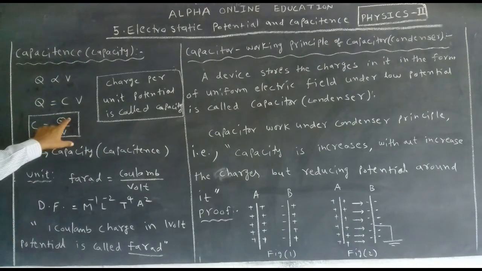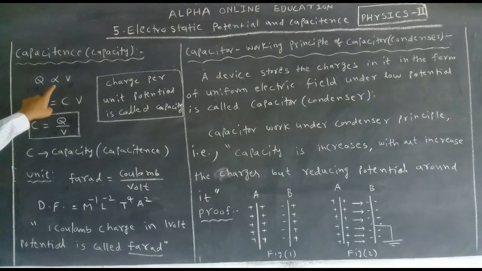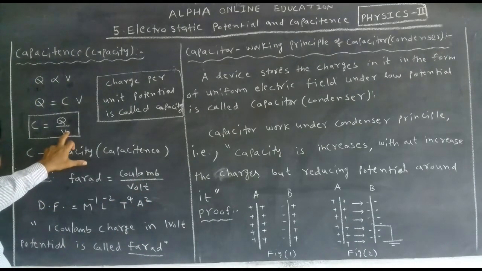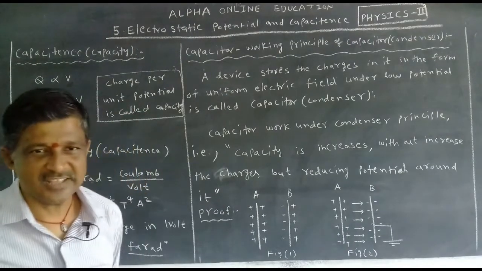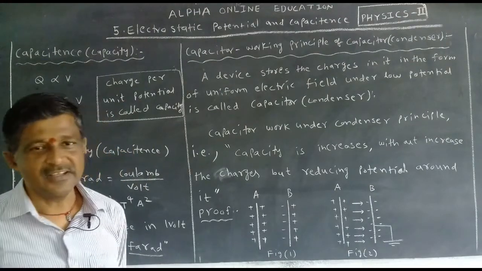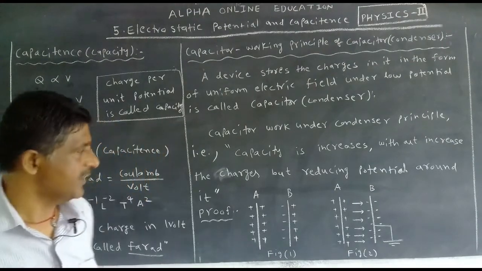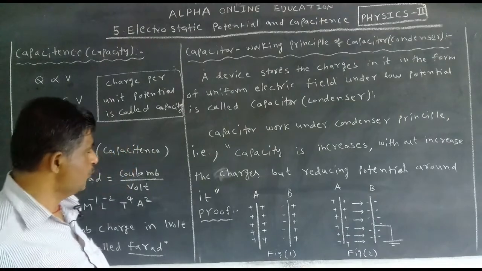What do we mean by magic? It means that if this decreases, that must also decrease, but it does not decrease here. Only this decreases, but the charge is not changed, and we can increase the capacity C. Capacity increases. This is the magic involved in the capacitor. Now let us see how we want to prove it.